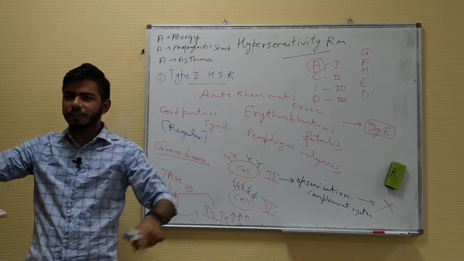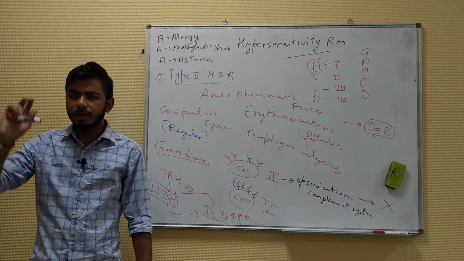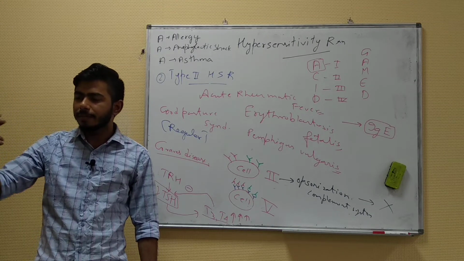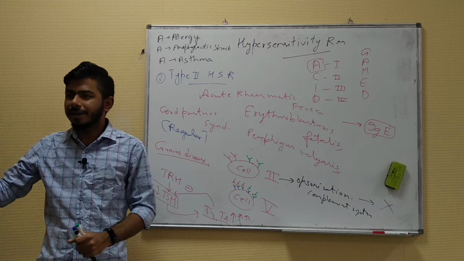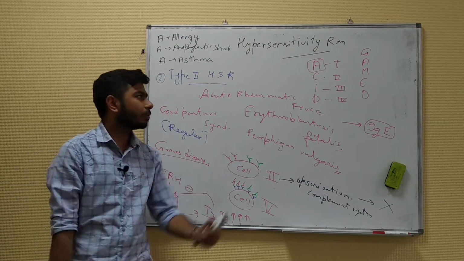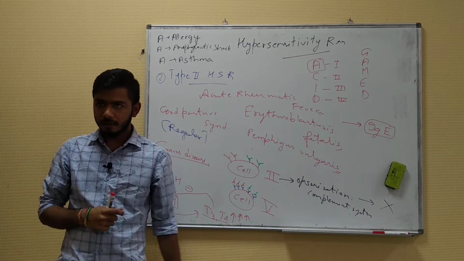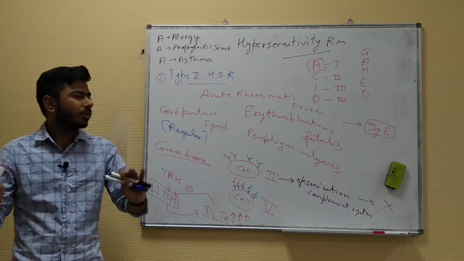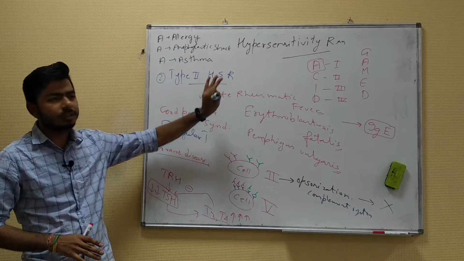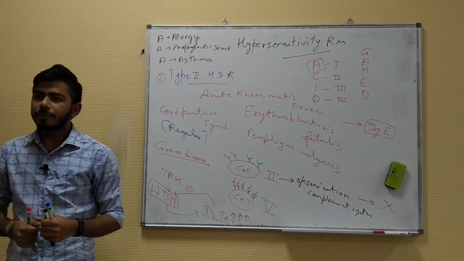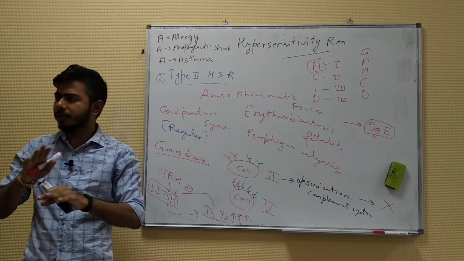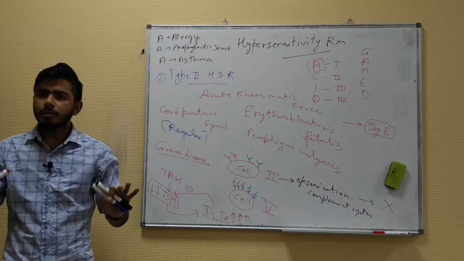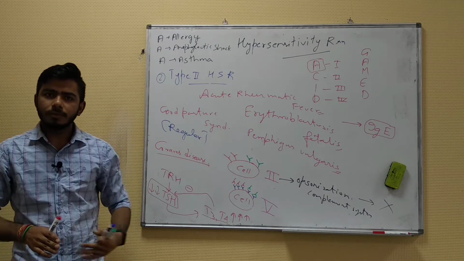There is the Jones criteria, JONES, the major criteria. If two major criteria and one minor criterion match the patient, you can say the person has acute rheumatic fever. High doses of aspirin can confirm this diagnosis. Don't need to remember that, but remember rheumatic fever comes under type 2 hypersensitivity reaction. So everybody is clear about type 2? Shall we move on to the next one?